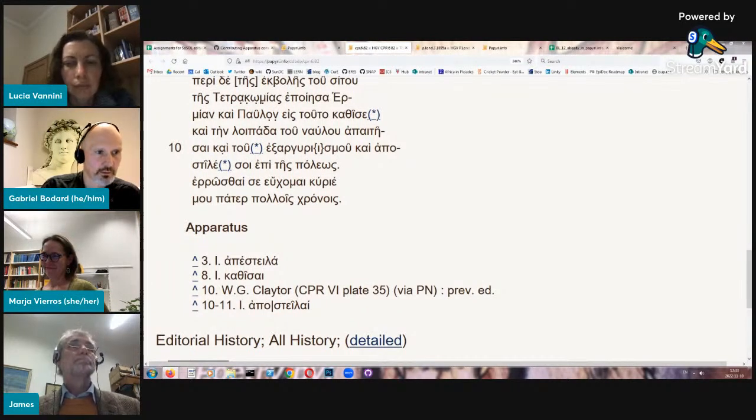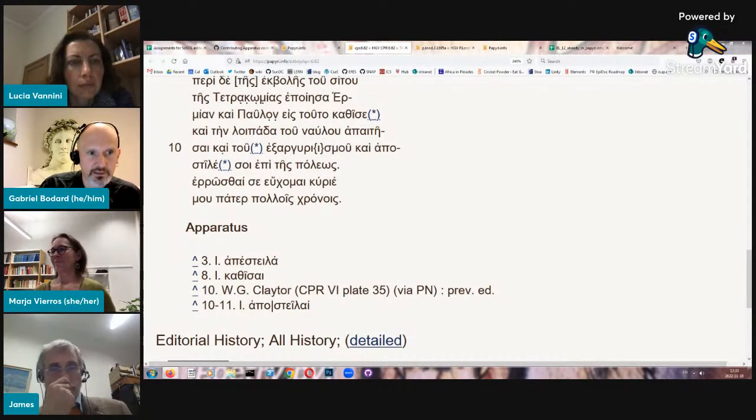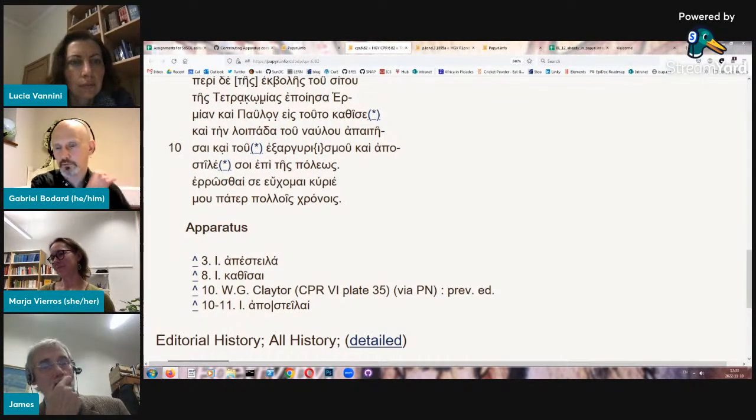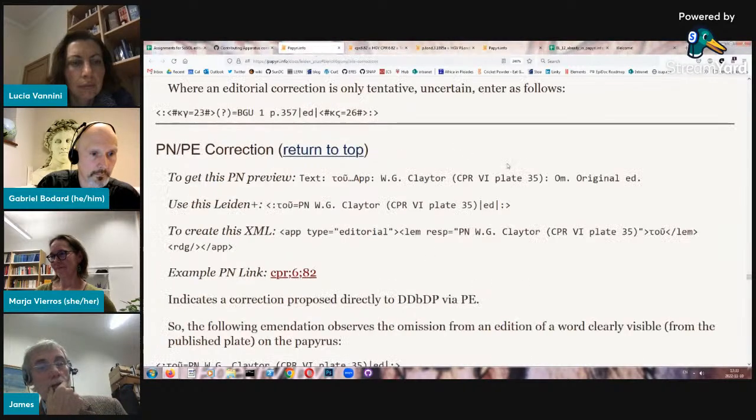I guess with there being only 1 2 in there, it's not unclear. But yes, some people might have done it the other way around. Tu ex argulismu is a phrase, and therefore it's useful to include the whole thing. And if you can go back to the PNPE, the way of doing it, the thing that is important there